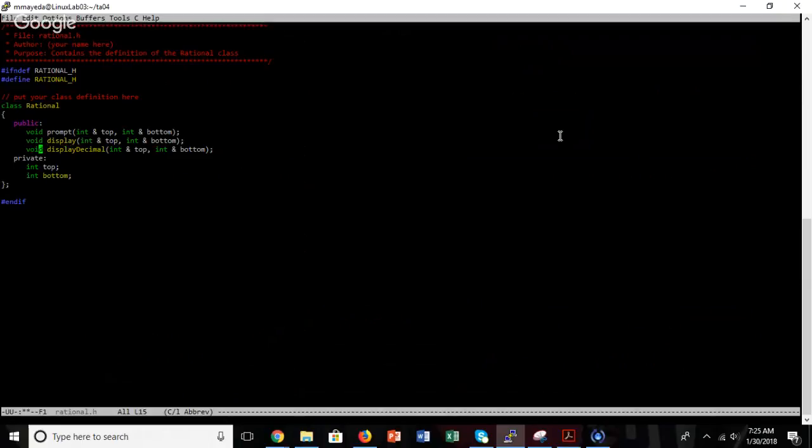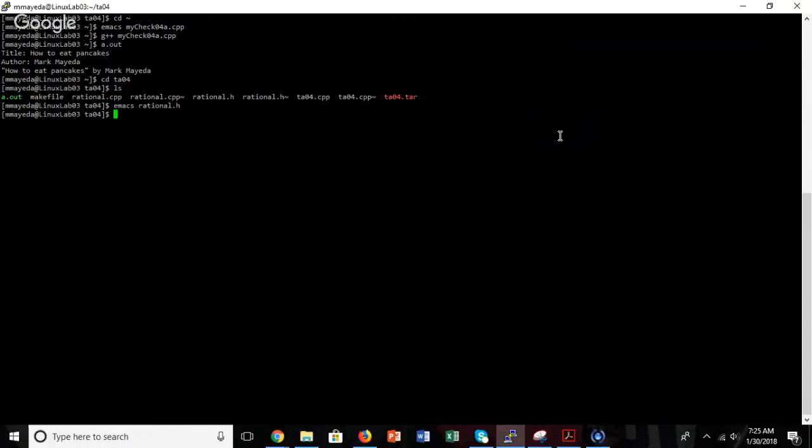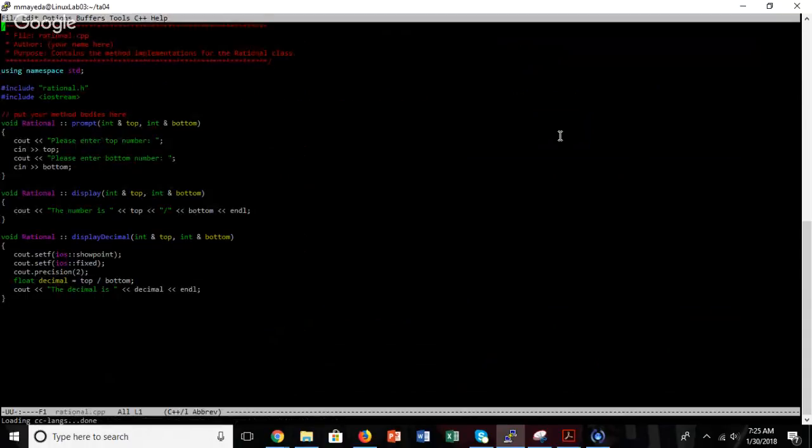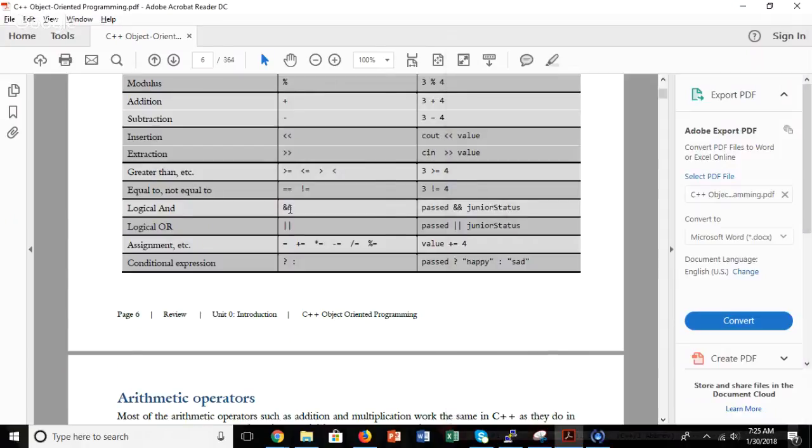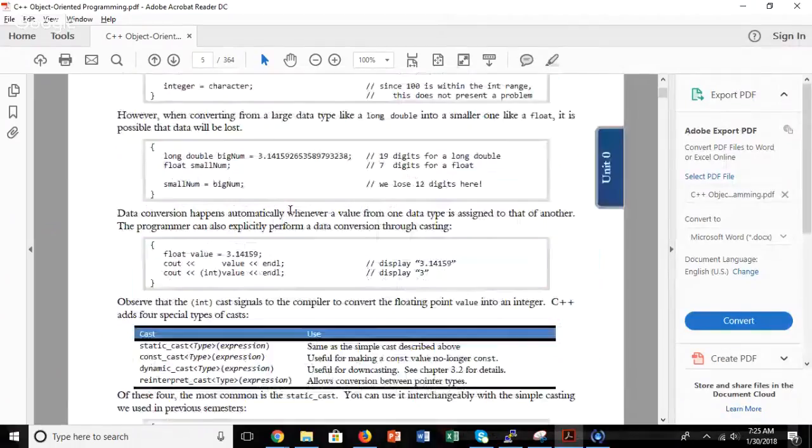This is where you came in on me, trying to figure out how to cast to a decimal, or to a float from 2 ints. Do you know how to do that? How to cast from it? Yeah, see, because I'm just trying to